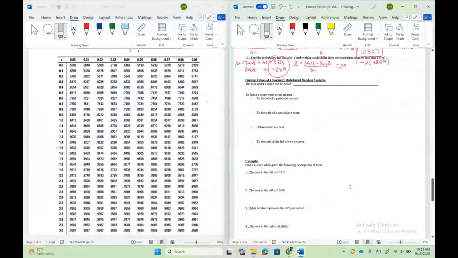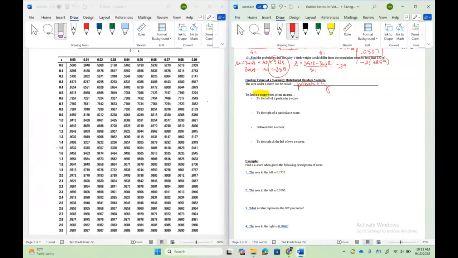All right, so now we're going to be working a little bit backwards. Now we're going to be given a probability or an area under the curve, and then we're going to find a z-score, and then we're going to do that to find an x value, okay? So working backwards. All right, so to find the area to the left of a particular z-score, we're just going